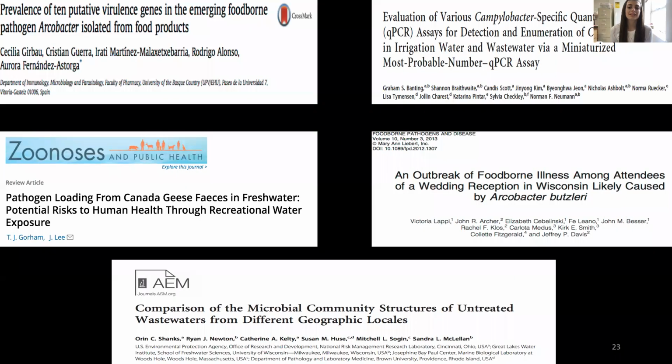So Arcobacter butzleri is highly dominant in wastewater, and our lab has actually done some research on this area, in which a manuscript is being prepared. Our own data support this, that we may find levels up to 10 to the 6 per 100 mL in raw sewage. However, we do not believe that this is the whole story regarding Arcobacter. We detect Arcobacter in the absence of human markers, as I showed in the previous slide. We can even occasionally see it with birds. Further, Arcobacter is unique for its ability to survive and replicate in the environment. Therefore, we suspect that there are multiple influences, such as wastewater, birds, and endogenous growth.